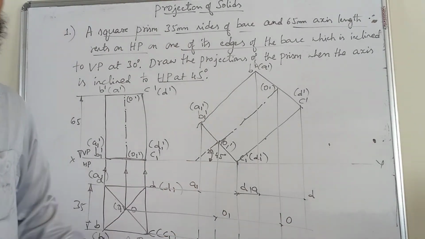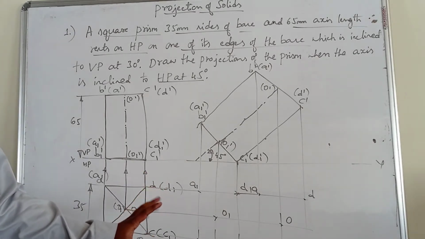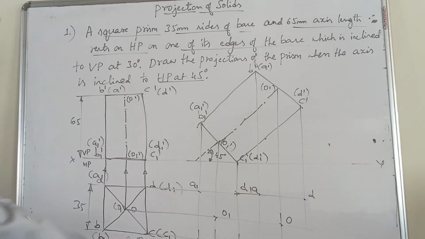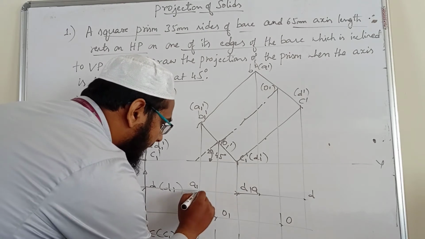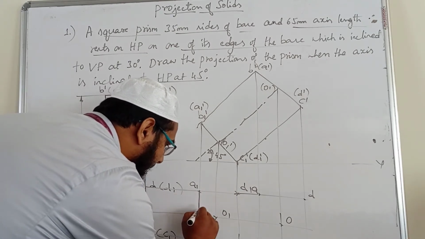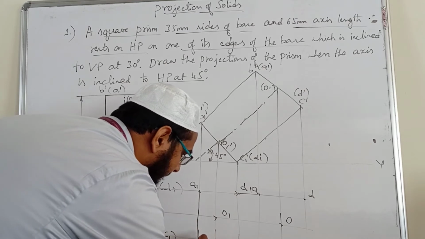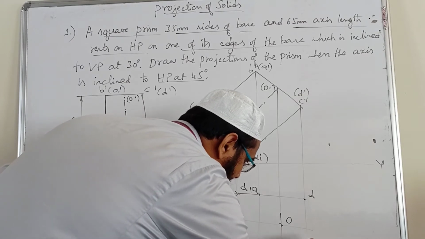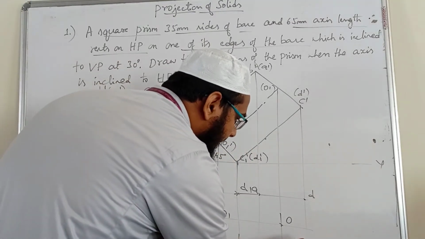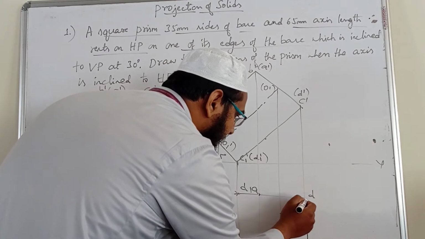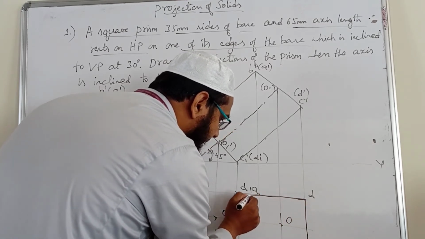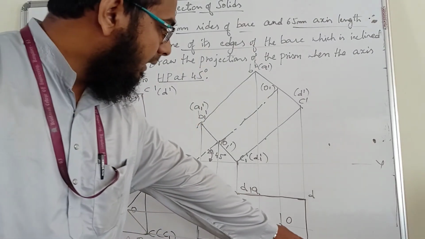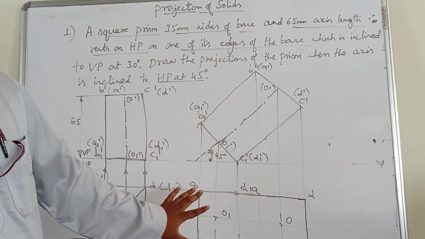Now you see the concept here. It involves 3 steps to construct the second position top view. First thing is you need to draw an outer boundary line. Remember it. You can see that I'm starting from the A1 point. So A1 to B1, that's an outer boundary line. Then B1 to C, another outer boundary line. Then C to D, then D to A1. So this forms the outer boundary line. That is the first step.